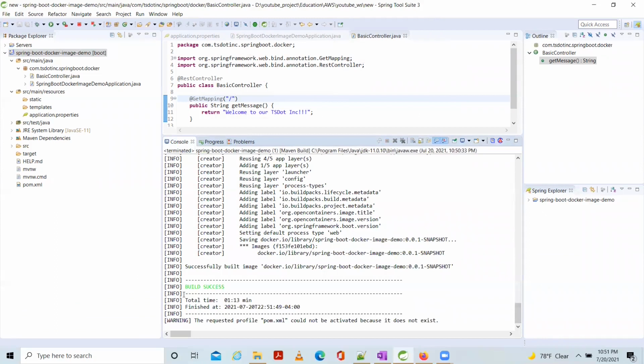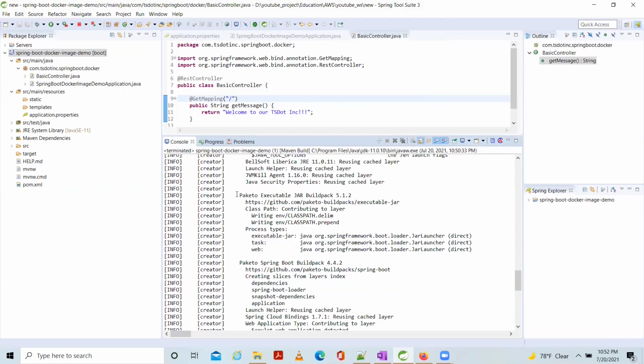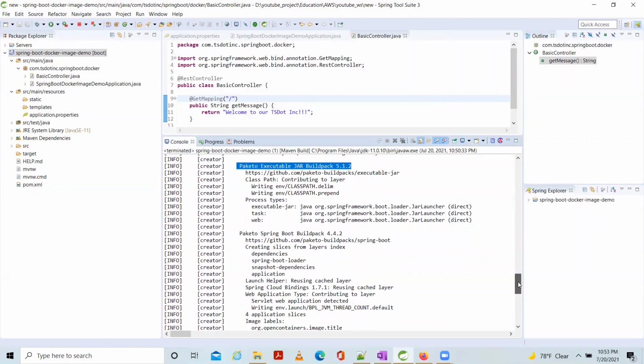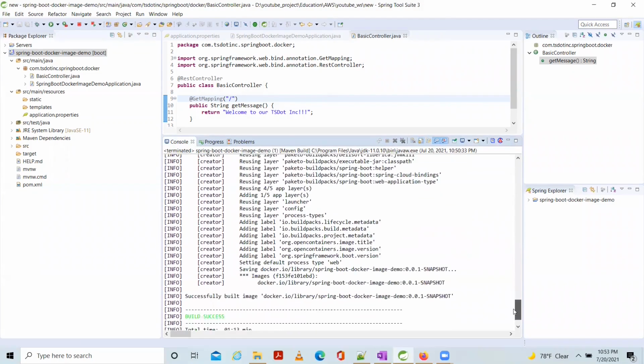You can see the build is successful. This is the image that has been built. As I told you, it is using Paketo Buildpacks. You can see it is pointing to Paketo Buildpacks 5.1.2, and it is using the build tool for creating the build image, and then it's all packed into one Docker image.